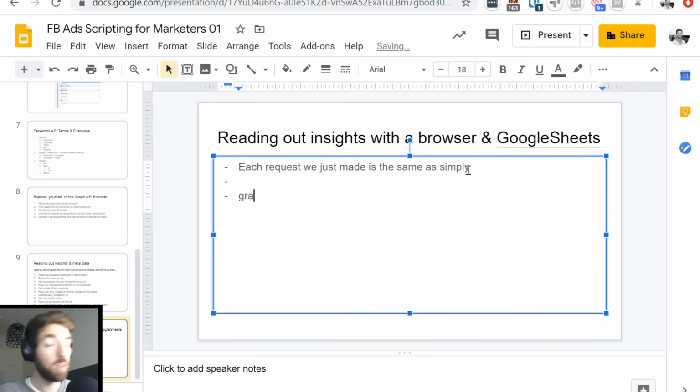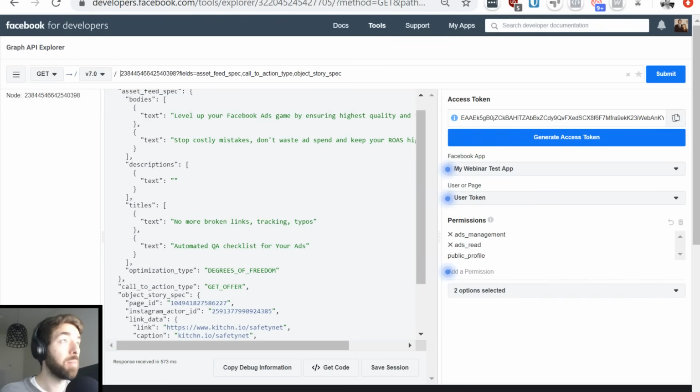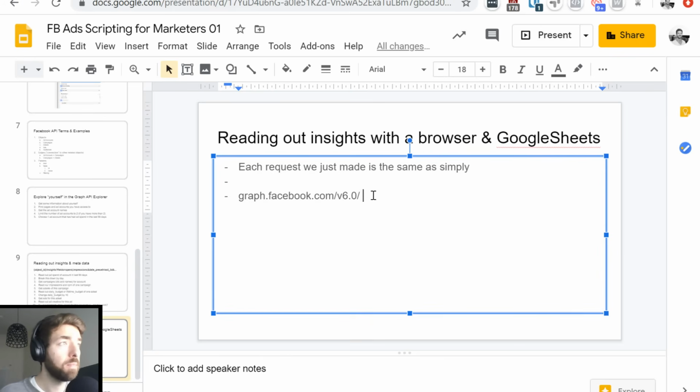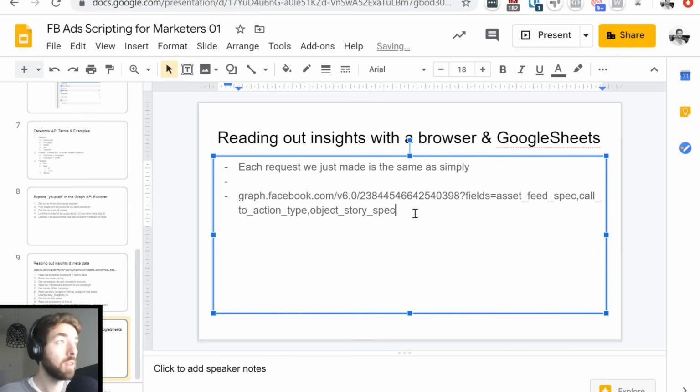So the URL is graph.facebook.com/v6.0, right? This is the API version. And then after this, we use the path that we just used. So this exact path. And at the end, we need one more thing. So if I now use this and just paste it into a URL,